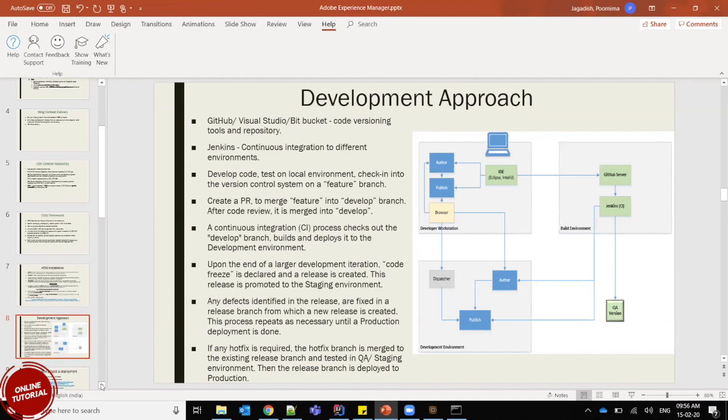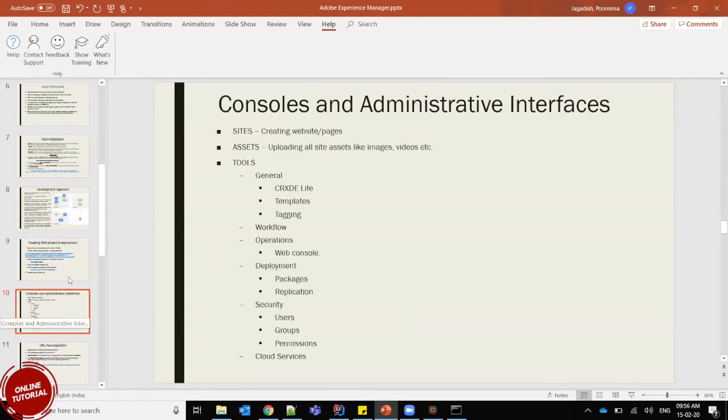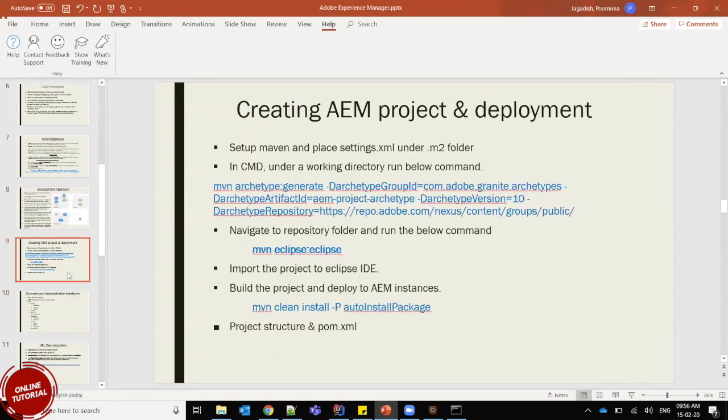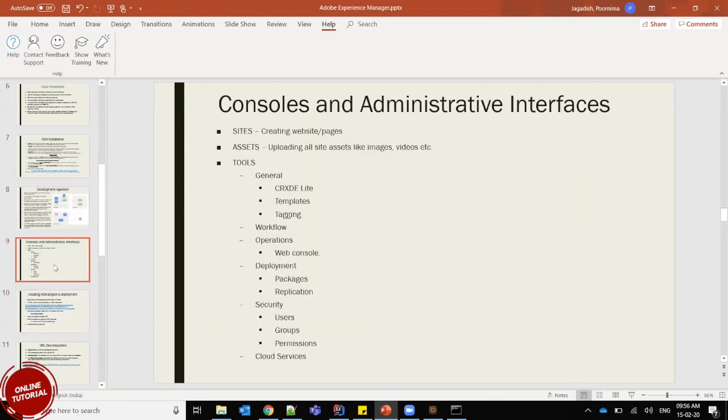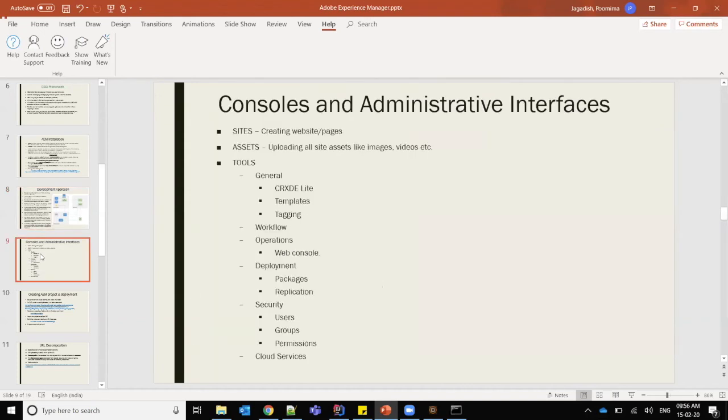Okay, fine. So probably tomorrow when I connect, I'll go through this development approach, and we can probably run through the consoles. So creating an AEM project, I would like to go after your installation, which is done. The development approach is slightly off topic, but it will be helpful for you when you get into a project. This is on a very high level, just to show you how the process flow happens. Once that is done, we'll run through the console tomorrow. We should be able to finish off the console and then